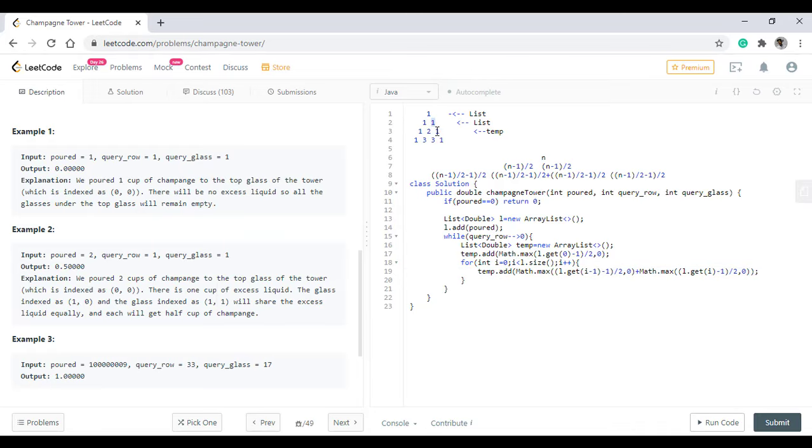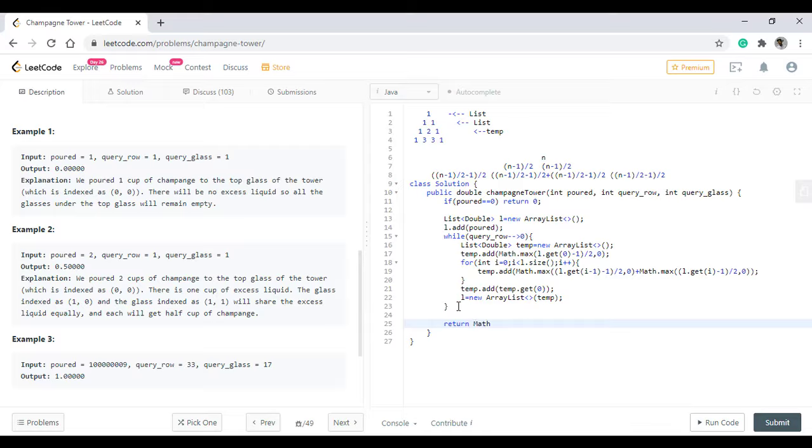Now we need to add this one also, and this one or any value that will be over here will be similar with this. So we need not calculate it again. We can just copy this one and put it over here. And rather than creating this, we can take it like temp.get of whatever value is in the 0th position. So it will in turn create our Pascal's triangle repeatedly. Now, after the row has been created, we will put this row into our previous list and recursively call it. So we'll do this, and this is done.